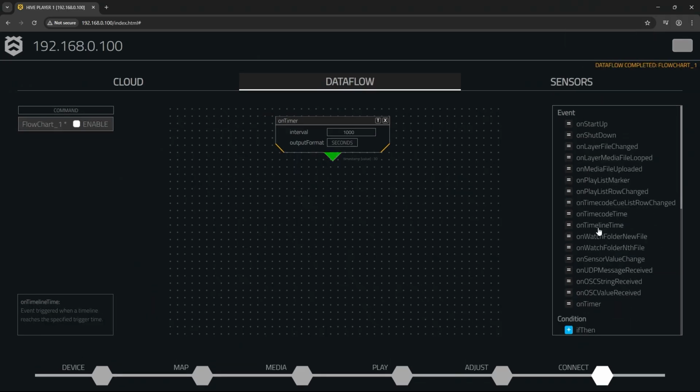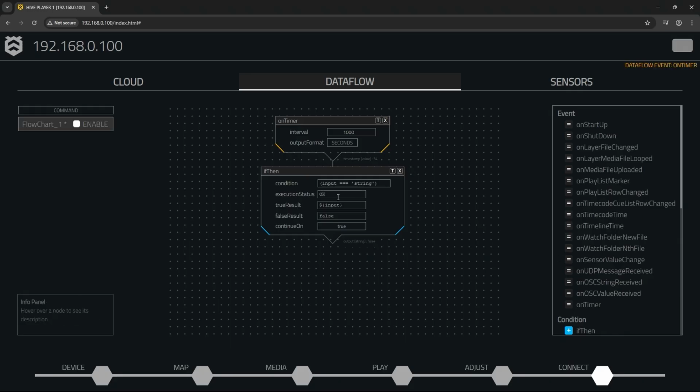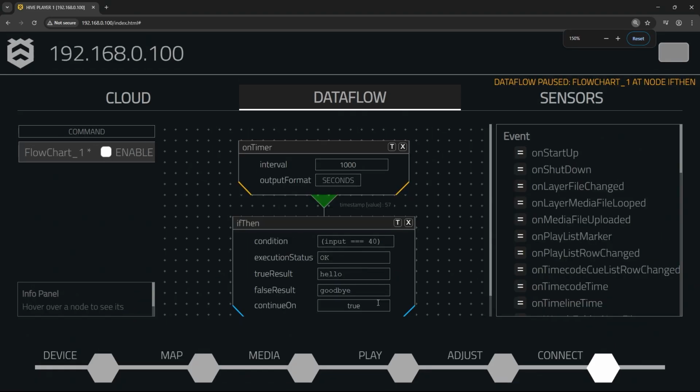This is where it's useful for me to use a condition. If I add a condition, I can say if input equals 40, then I want you to output hello. If it's not, I want you to output goodbye. And you'll see if we look down here,